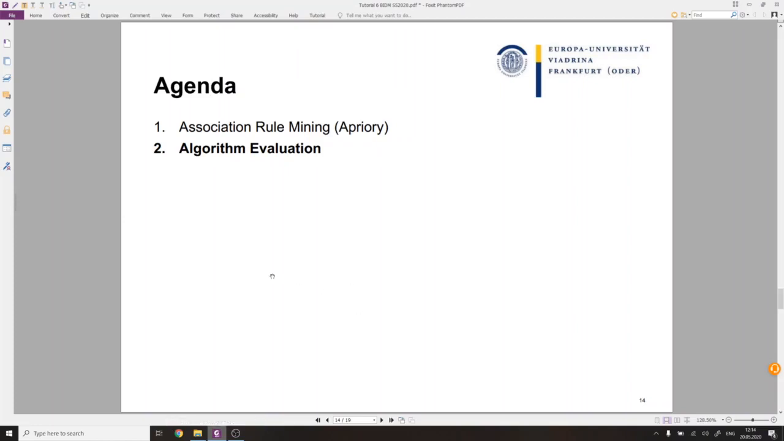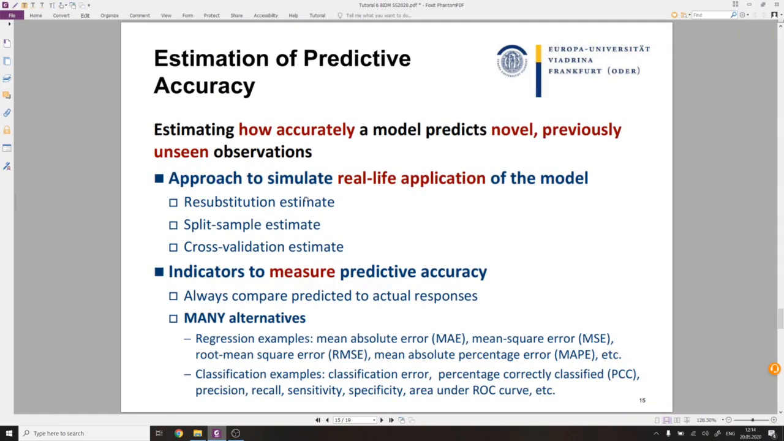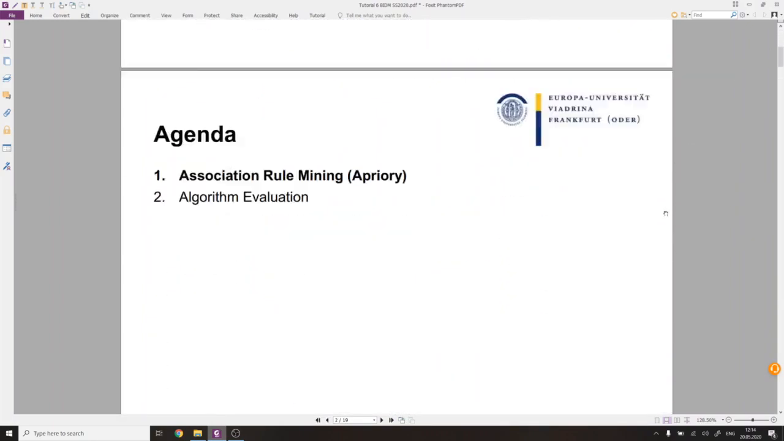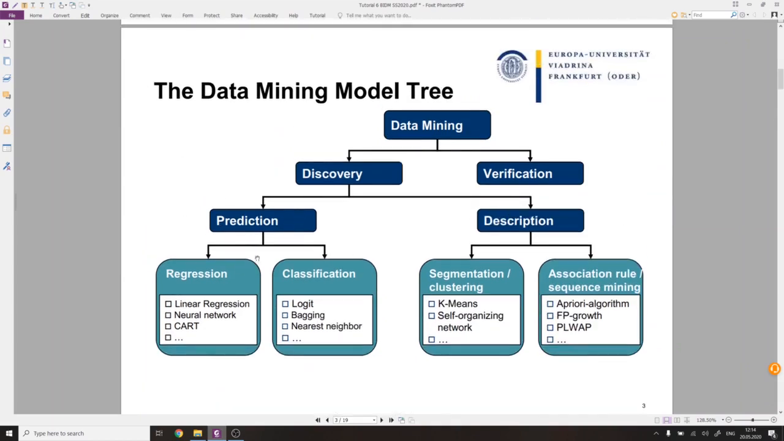The second part of today's tutorial is related to the algorithm evaluation. Again, you have much more details in the lecture, but this is generally what we understand as evaluation in this tutorial. Often when we develop a predictive model that should predict something, predictive models are part of prediction data mining. So we don't now talk about the descriptive data mining. And in prediction, we have regression and